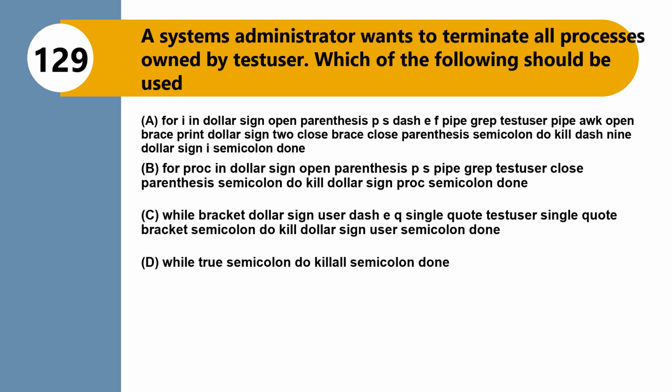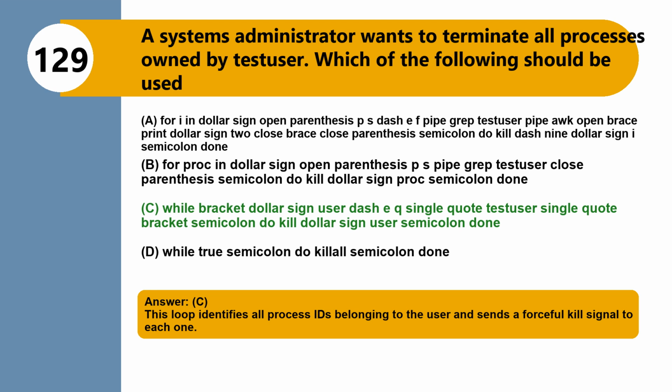done. Option C, while [ $user -eq 'testuser' ]; do kill $user; done. Option D, while true; do kill -al; done. The correct answer is option C, while [ $user -eq 'testuser' ]; do kill $user; done. This loop identifies all process IDs belonging to the user and sends a forceful kill signal to